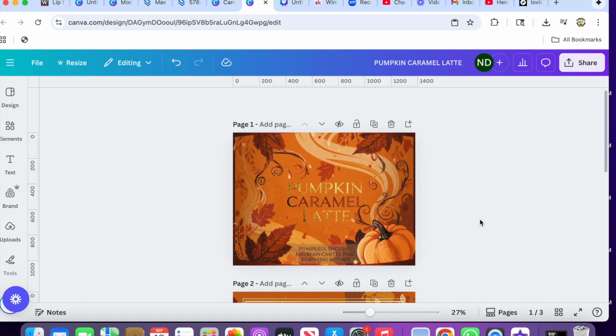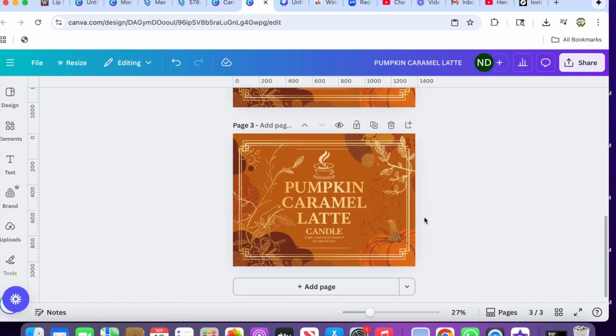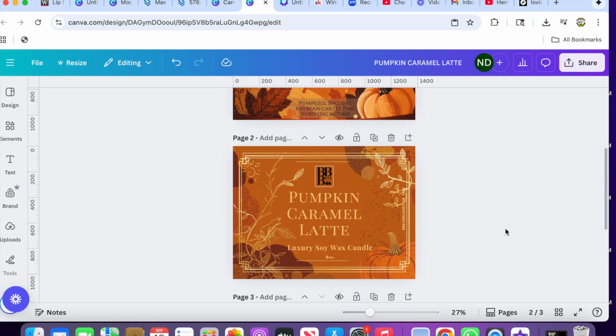So I'm going to show you how to edit an image that you got from Canva AI. You can do this from anywhere. I tested it out with other AI platforms to generate labels, and it worked. These are the two images that you picked. This was one, and this was the other one. I had already edited the label already, and so it looks like this, but let me just show you the